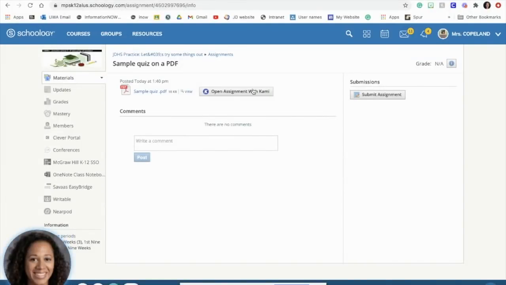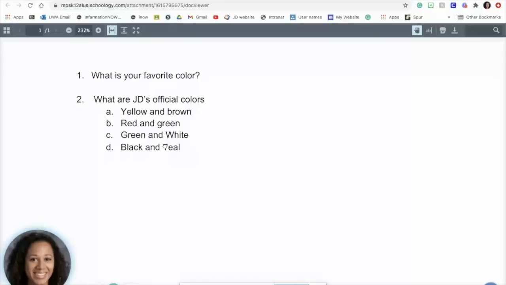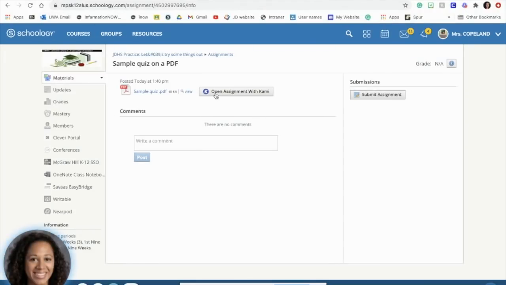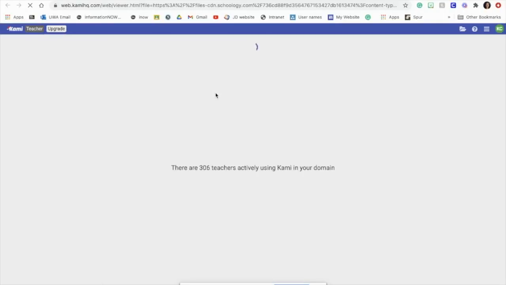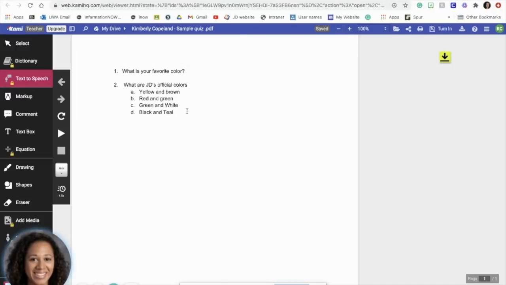PDF, now that I've completed the add-on, if we go to the PDF, normally it's just going to let us look at it. We can't actually do anything. I'm clicking, nothing's happening. But since we've added Kami, when you click on Open Assignment with Kami, it sometimes takes a second the first time you do it, but now it is going to let you do